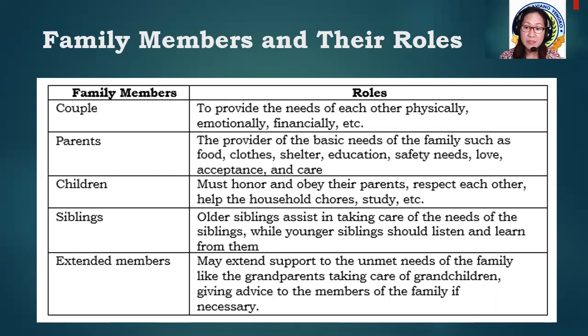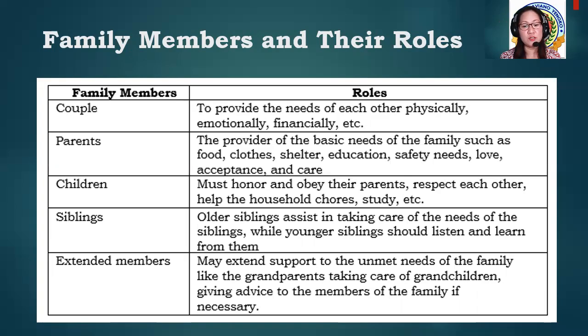And for siblings, sa magkakapatid, of course, older siblings assist in taking care of the needs of the siblings. Yan, nakakatulong na tayo sa ating mga magulang na mag-alaga ng ating nakababatang kapatid. And younger siblings should listen and learn from them. Matutong makinig at mag-observe para in return, pag ikaw na yung lumaki, ikaw na yung pwede ring makatulong sa ating pamilya. And the role of our extended members naman,